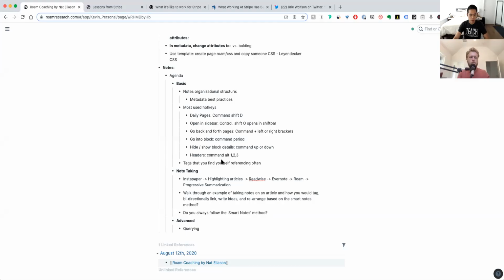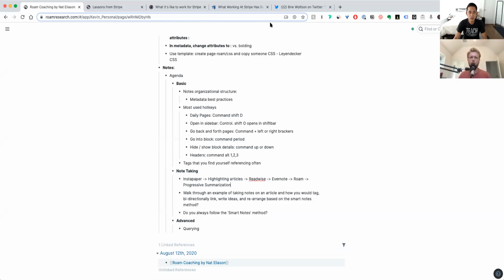Cool. I guess the next thing would be on note taking. I think the current flow is definitely a little bit lengthy, and it's probably going to take a while until they have APIs into each one of these. Just want to double check: right now, are you still following something similar, where it's article, Instapaper, and then you Readwise into Evernote and then copy it? But I have good news, which is that the Readwise Roam integration is